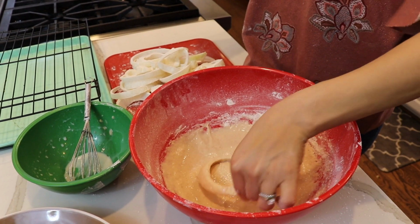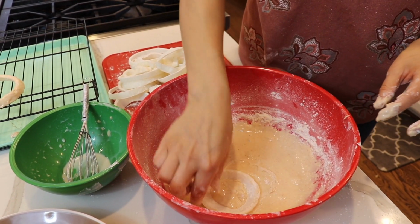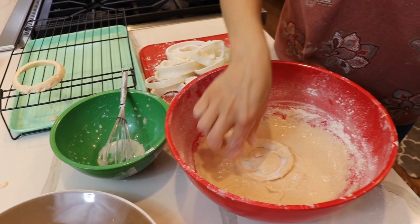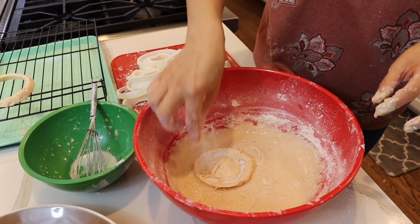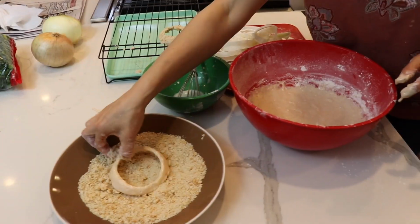Trying to get it on every little part of my onion ring, and then I'm gonna just sit it there and let all the excess drip off, and then I'm going to dip it into my breadcrumbs. Came off,